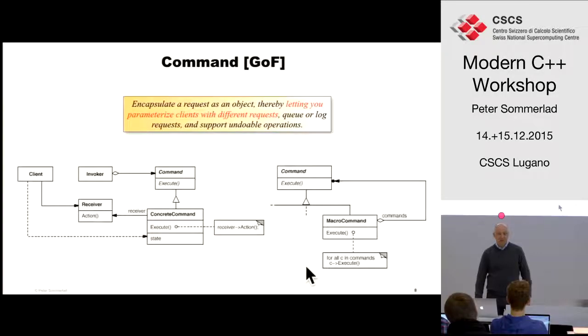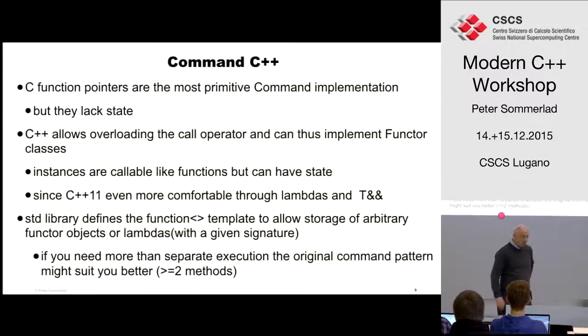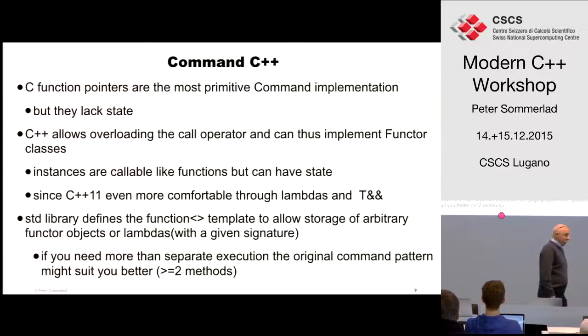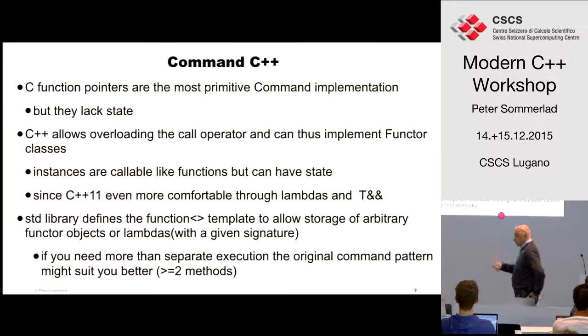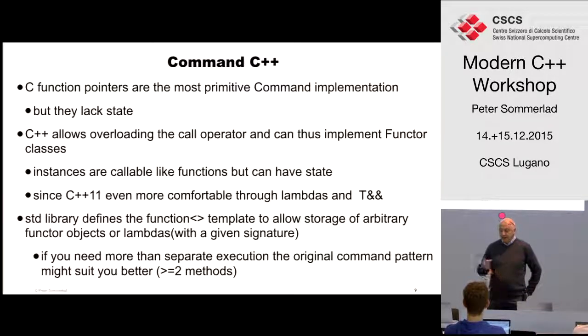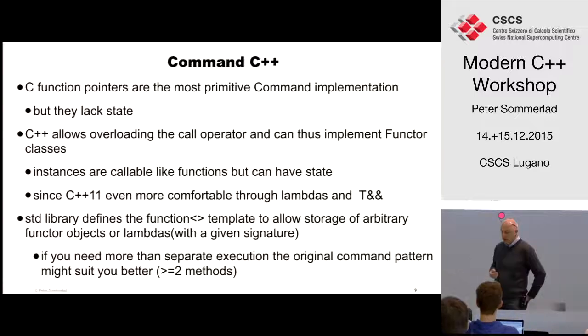Around as an argument somewhere. So in C++, we have what we've got in C, function pointers. They usually lack state, but we can overload the call operator, or we can use a lambda object to actually have instances that are callable like functions. So you have data that we can pass around and call like a function, and that way we can actually call out to things.